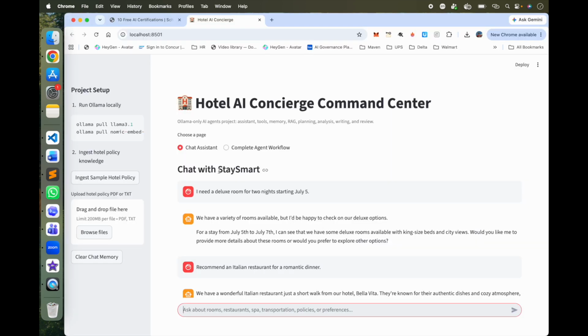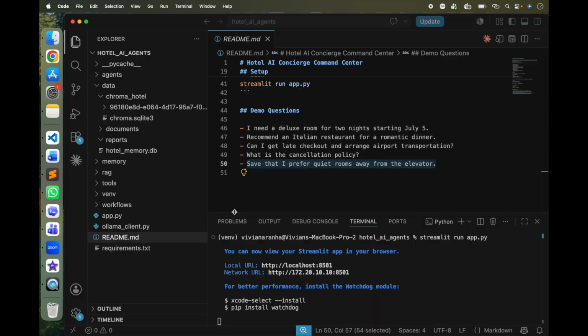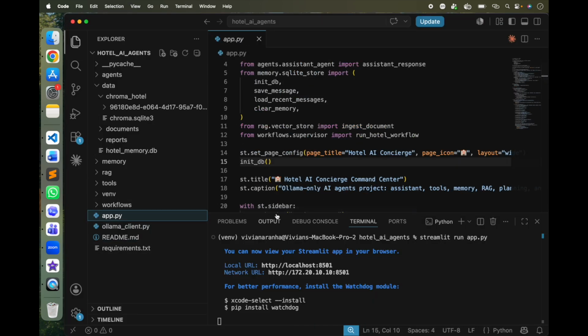But another option is I want to go ahead and run the complete agent workflow. In this particular case, let's say a guest is specifying something. I'm arriving tomorrow for an anniversary trip. I need a deluxe room, an Italian restaurant recommendation, a spa appointment, airport transportation, and late checkout information. I can run this workflow. So let me just go to the workflow, and here